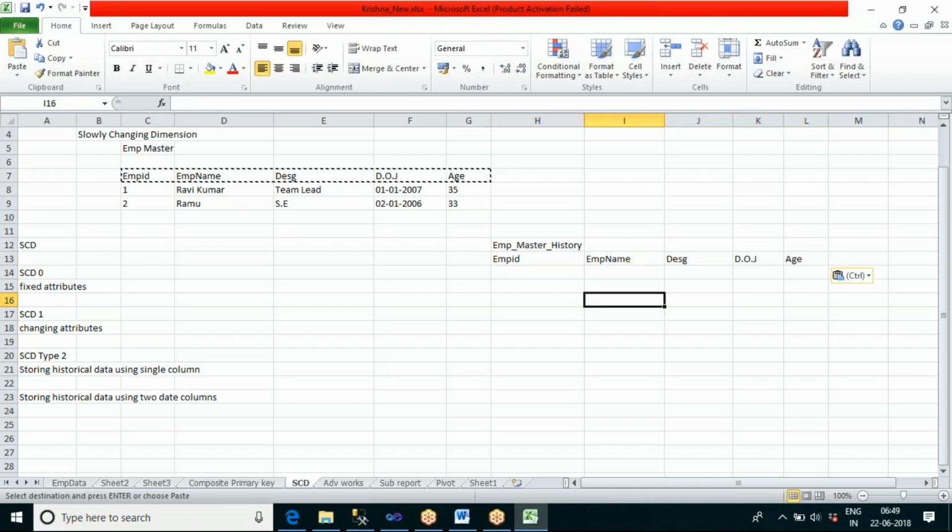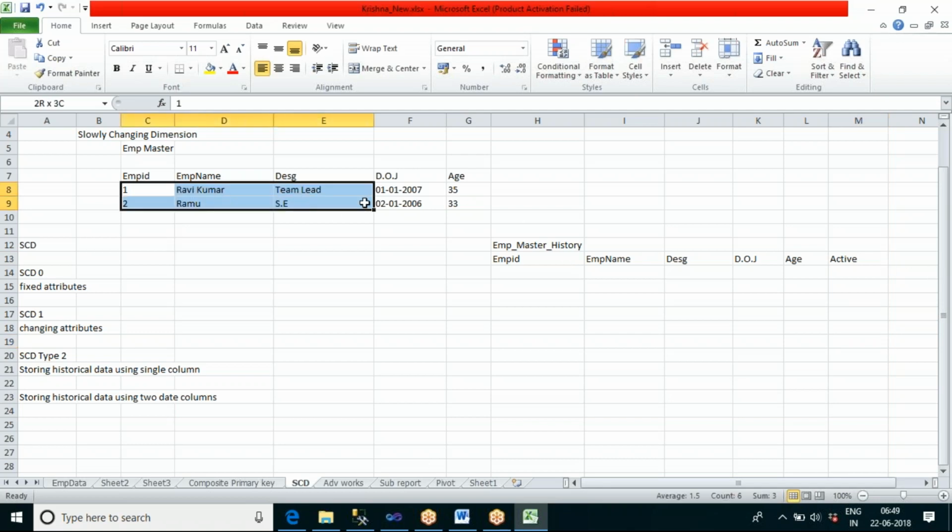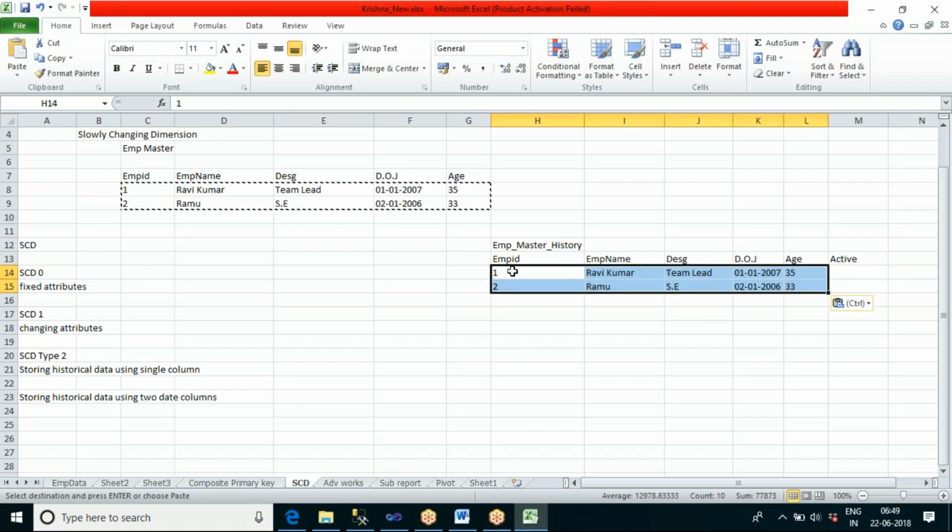Along with these columns, I want to maintain the history in a single column, let us say an active column, to see which record is active. After creating the table structure, I will copy the records.